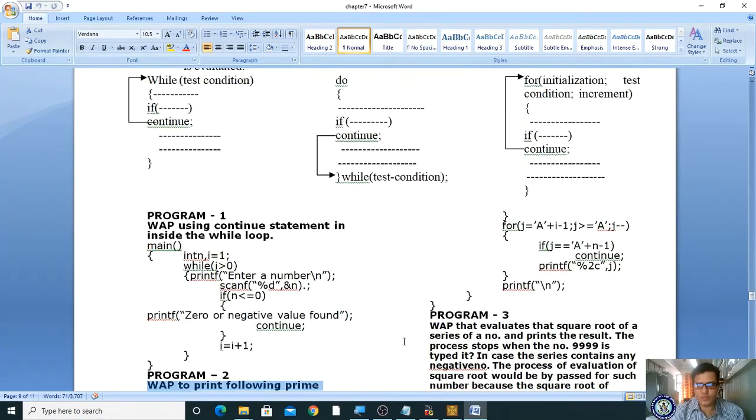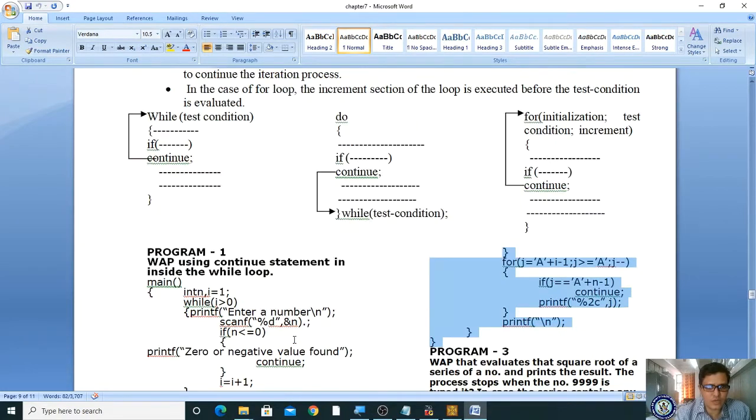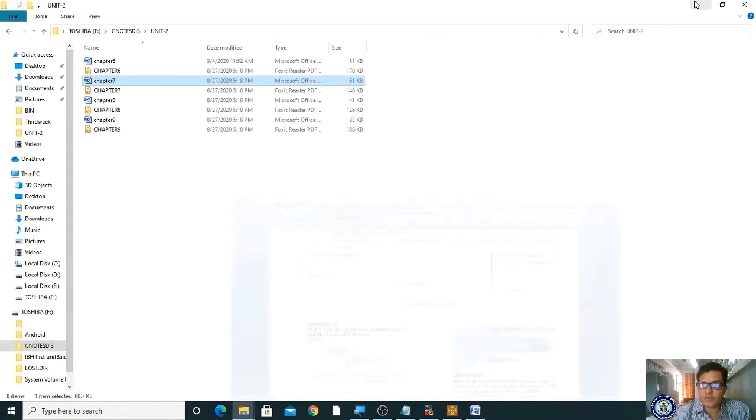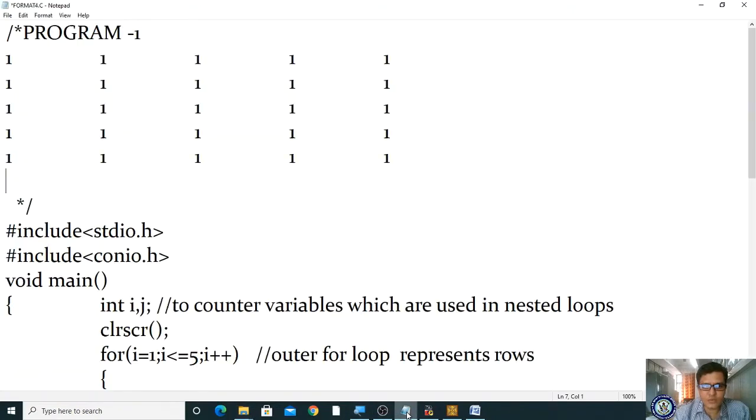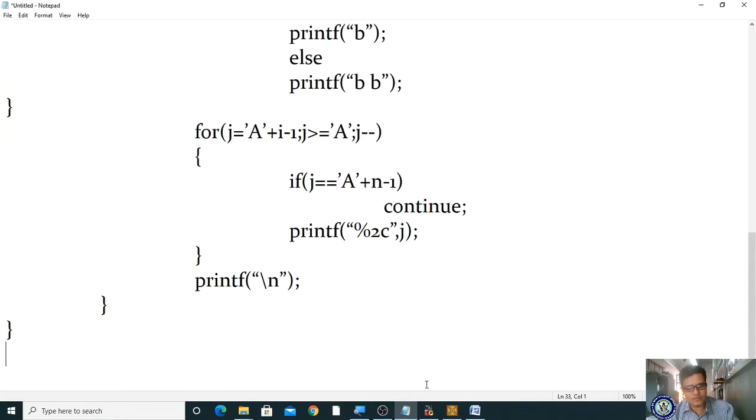This is the program relevant to the continue statement. What is the purpose of the continue statement? It is used to skip a portion whenever the program is executed.